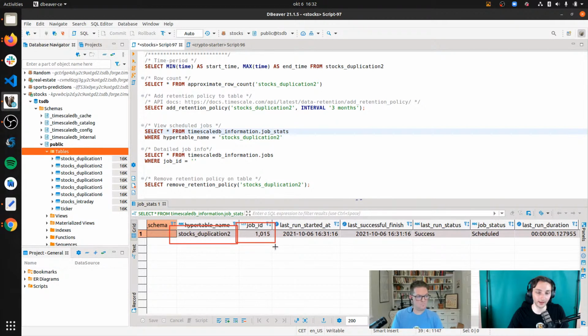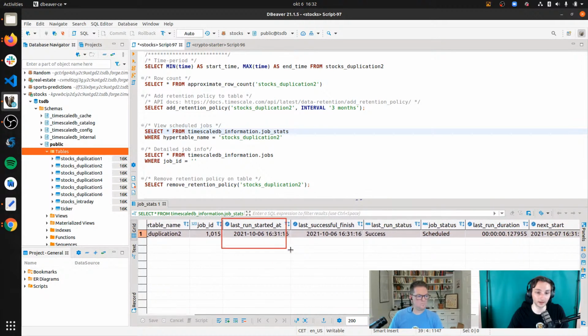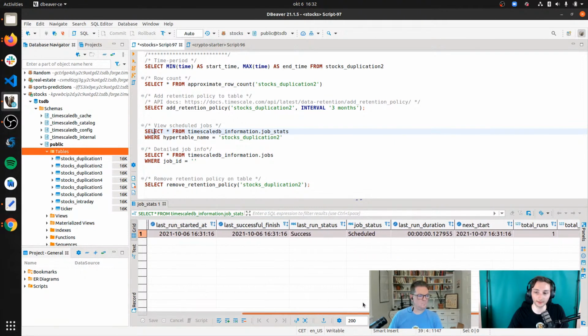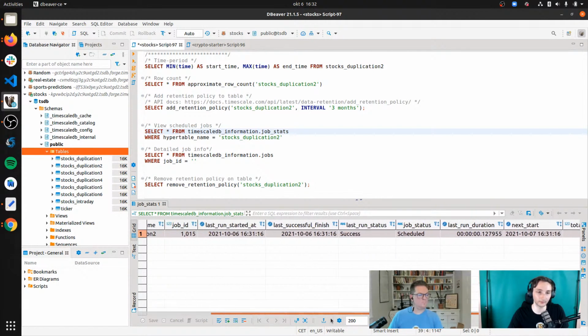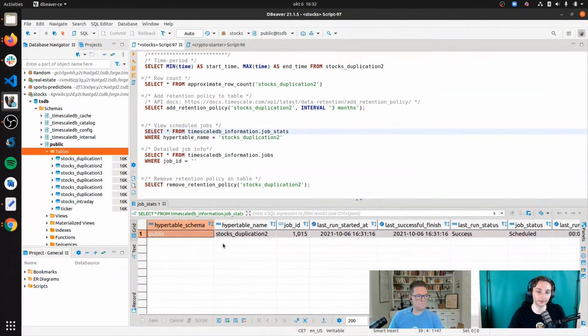The job ID is the same job ID that we saw previously for the data retention policy. We also see when it was last run. So basically when the policy has been added, last successful finish, and some other data fields. Now, if you want to know more about this specific job, you can also grab the job ID and use